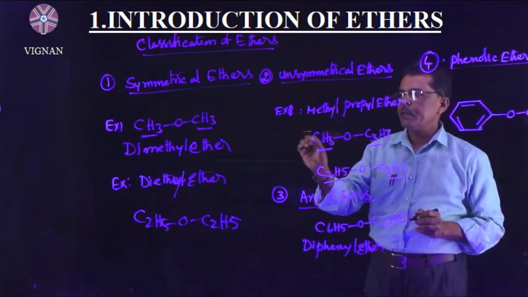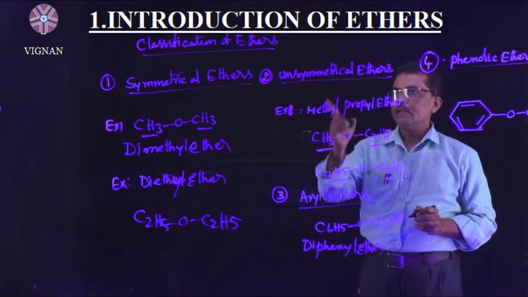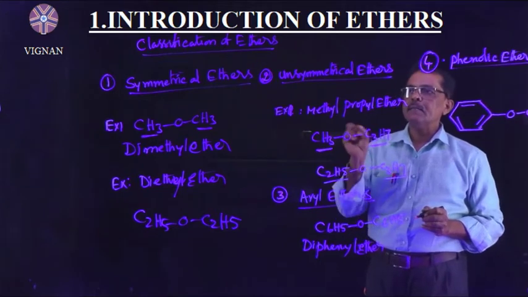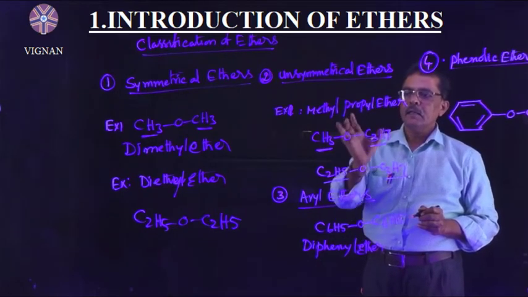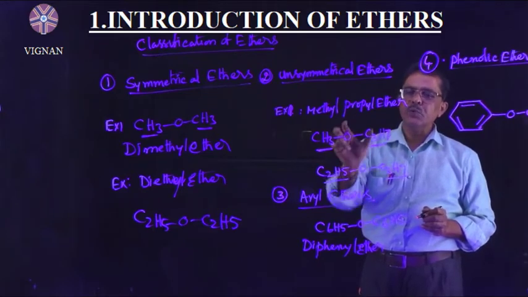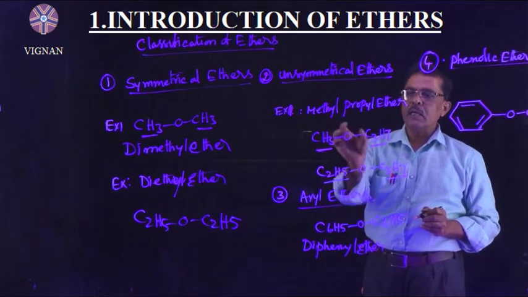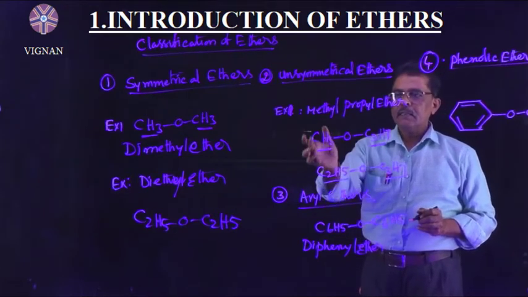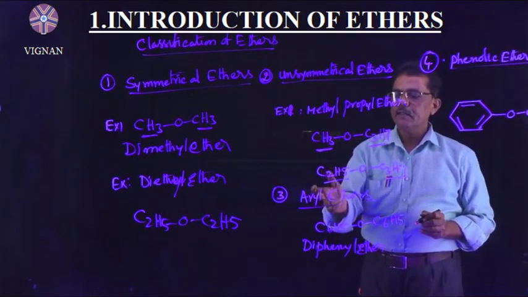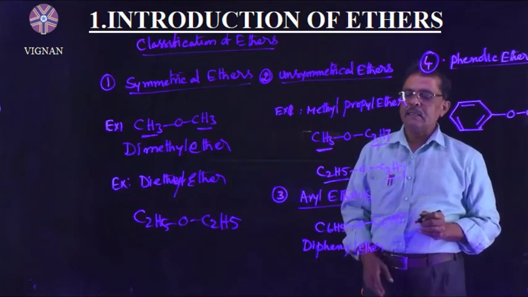The second one is unsymmetrical ethers, which consist of two different alkyl groups. For example, methyl propyl ether, and second, ethyl propyl ether,